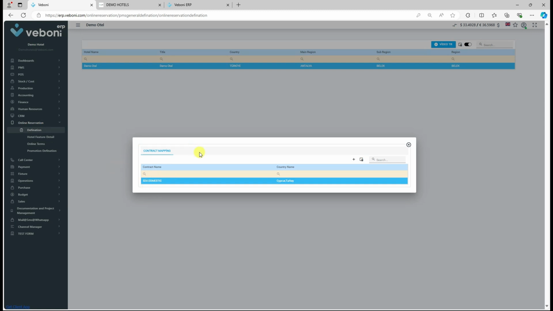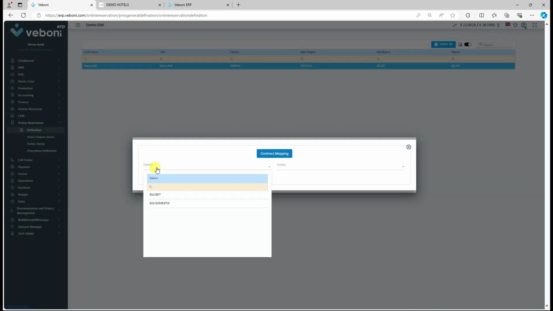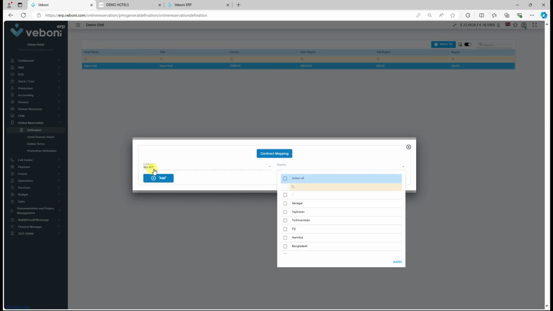Let's create a new contract country match and click on the plus button at the top right of the form on the page. Since S24 Domestic is selected from the contract selection field, let's continue by selecting S24 BDT beforehand. In the country section, we need to select which countries should see the prices of the S24 BDT contract. For example, the countries of Russia, Ukraine,